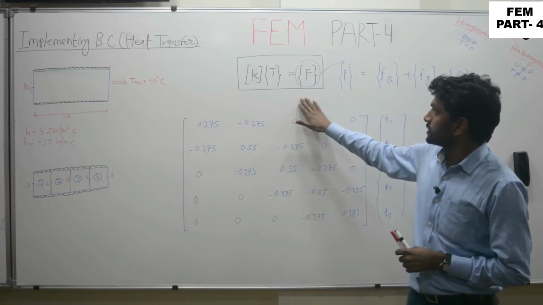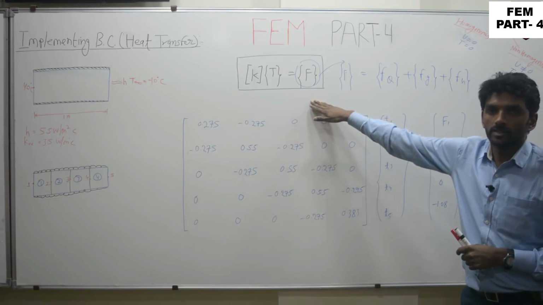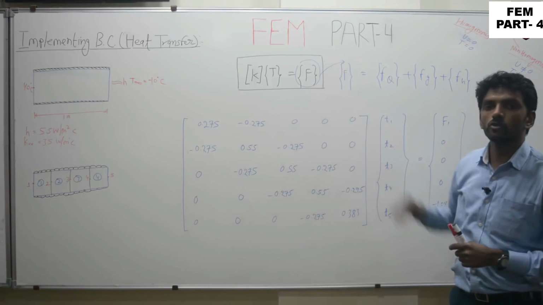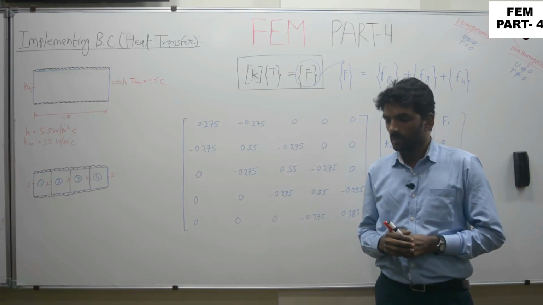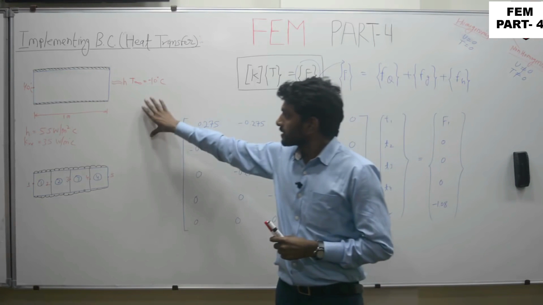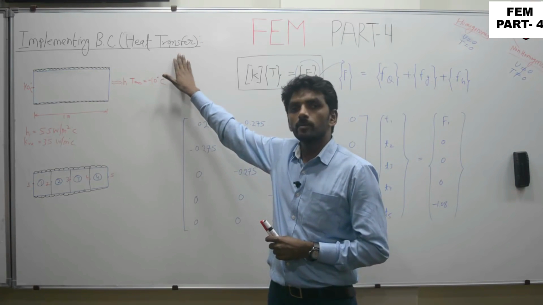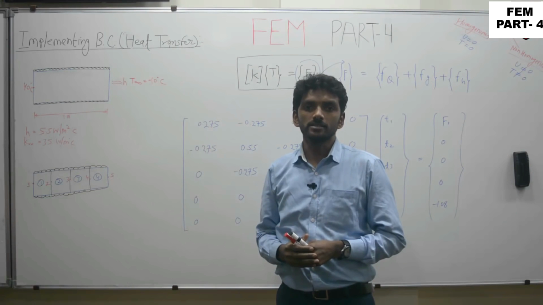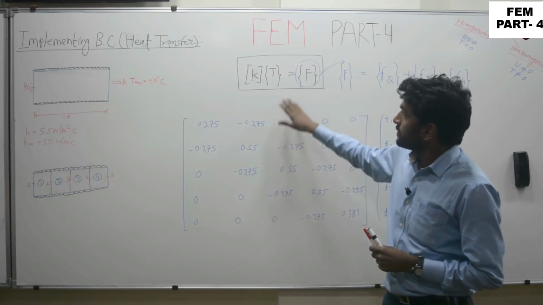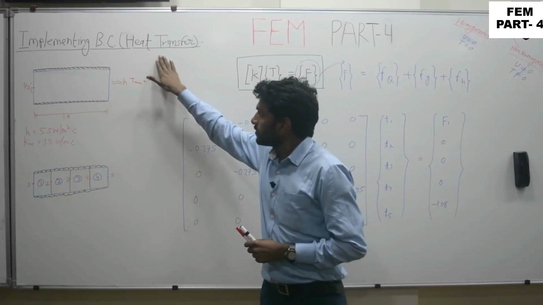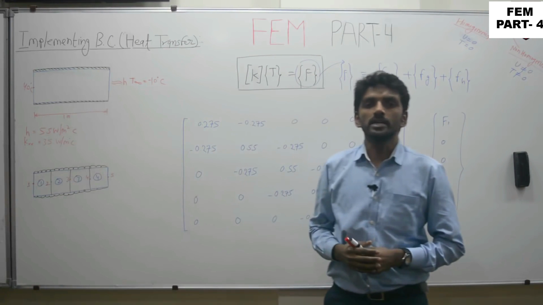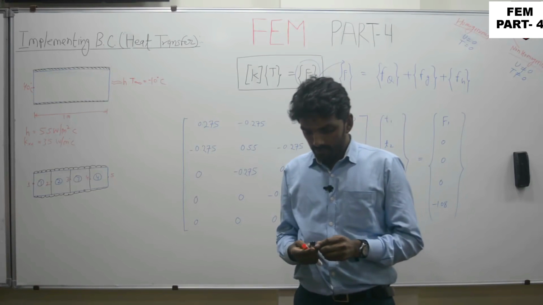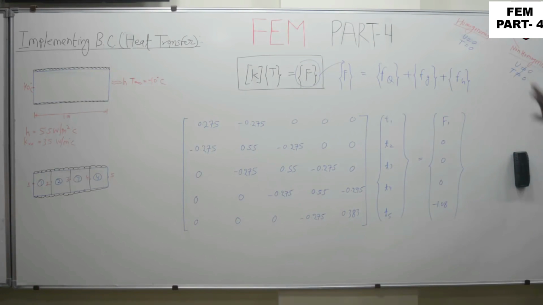While using the finite element method, we know that we are using this method to solve basically 3 classes of problems: structural, thermal and heat transfer. The very difficult part in heat transfer problems is applying the boundary conditions. So today we will be discussing the heat transfer problem for the one dimensional case, and how to apply the boundary conditions. Before going to that, firstly we need to understand the types of boundary conditions.